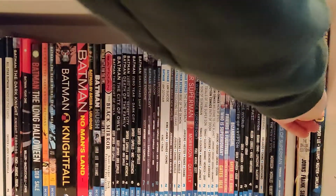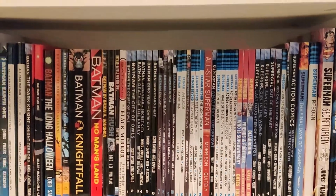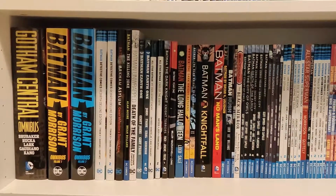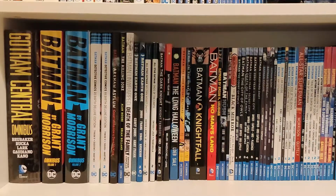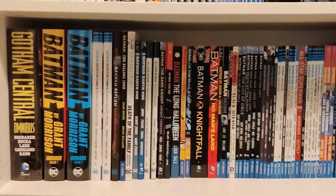But yeah, that is my Batman and Superman shelf. If you want to see any of the others, then just tell me and I will go through them. So yes, the one below has like A to P of Marvel. So let me...